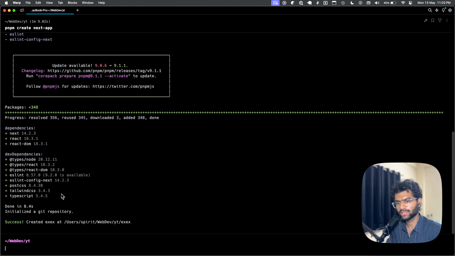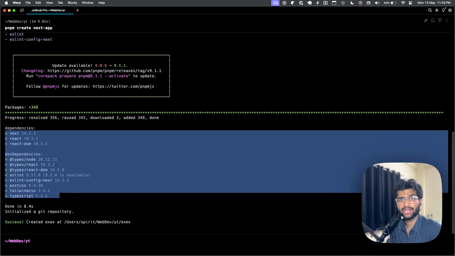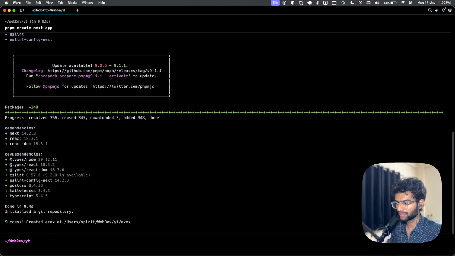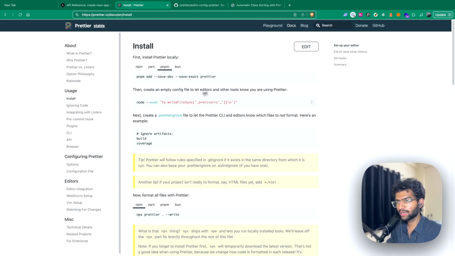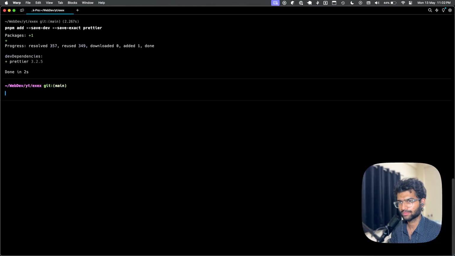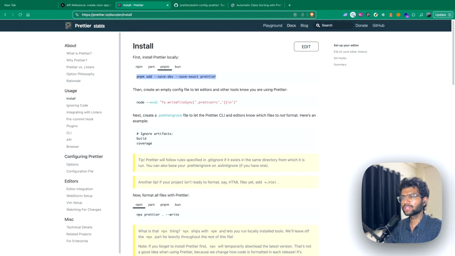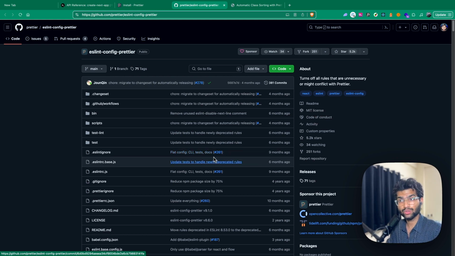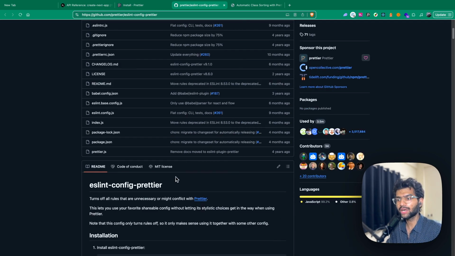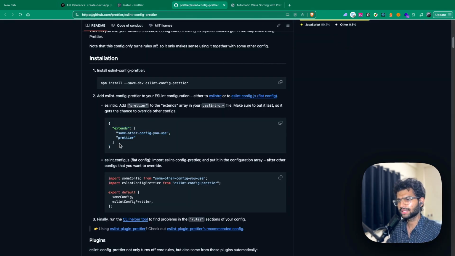Now if you notice something, we don't actually have Prettier inside the project. So it's a good idea to have Prettier because it takes care of all the formatting for you. So let's go ahead and install Prettier first. This is the command to install Prettier, so I'll be using that. Now, since we are using Prettier, it's also a good idea to disable the ESLint rules that conflict with Prettier. So for that, we'll be using the ESLint config Prettier package, and that needs to be extended inside the ESLint